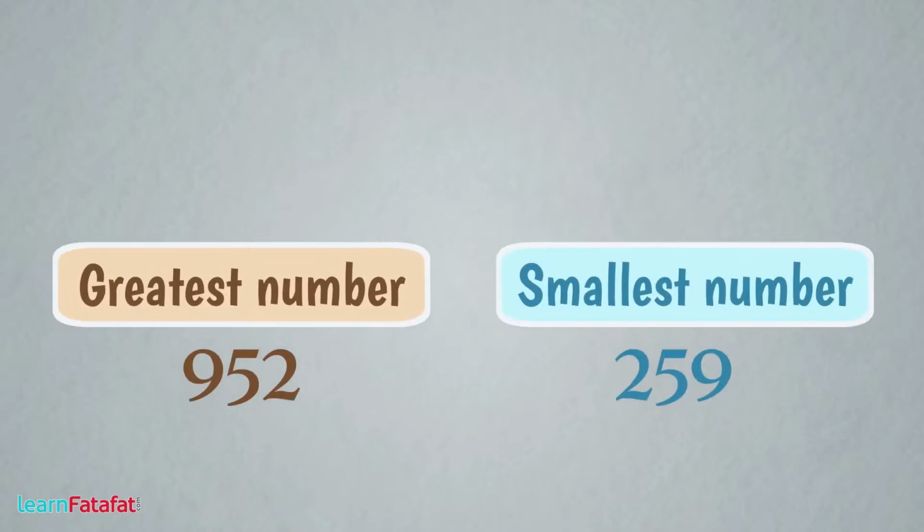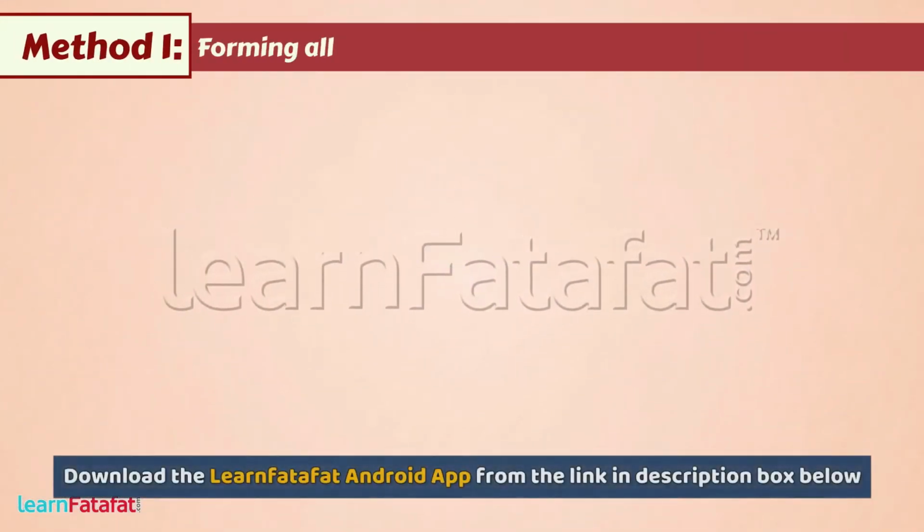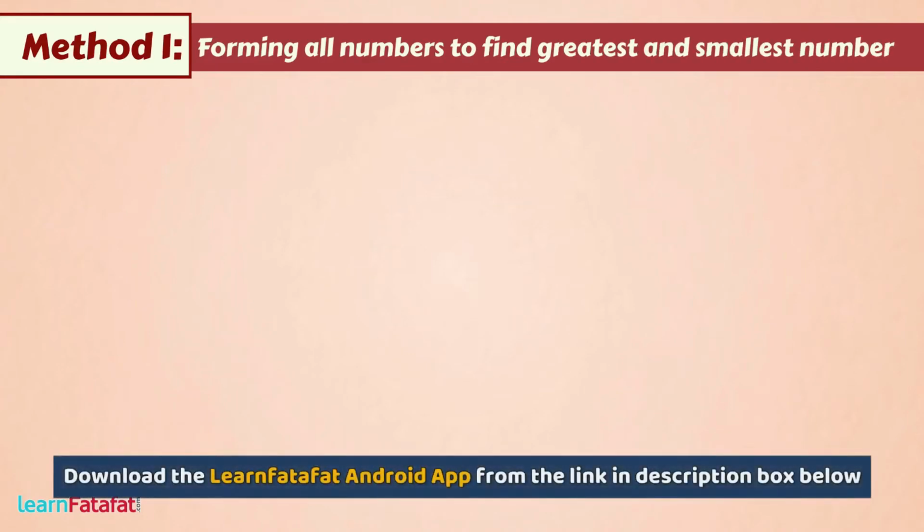Let's discuss about how we can make greatest and smallest numbers from given digits. Method 1. By writing all number which can be formed from the given digits and comparing them to find greatest